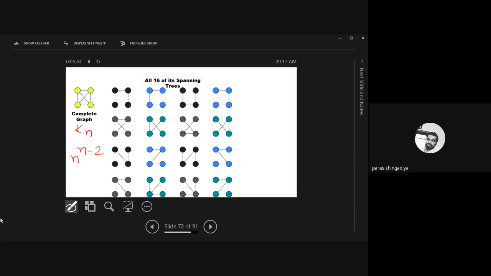Here a K4 graph is given, so 4 raised to 4 minus 2, that is equal to 16. 4 with the power 4 minus 2, so that is equal to 16. So you can create 16 different spanning trees in the graph K4. Clear? This question can be asked in an MCQ, or in short questions, how many spanning trees in K4. And for 2 to 3 marks, we can consider drawing all the possible spanning trees in K4. It's very easy to draw all the sets. It's not difficult to understand.